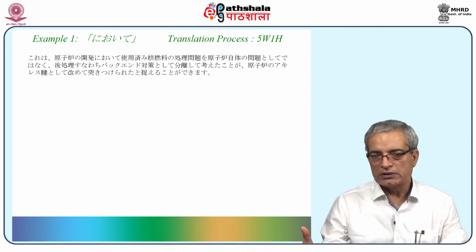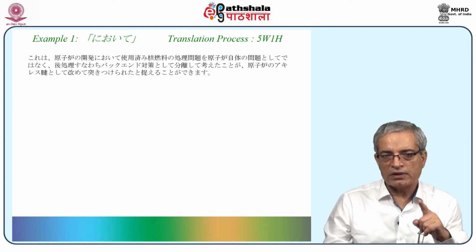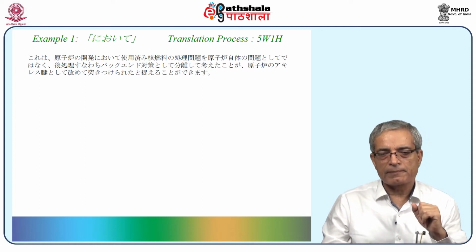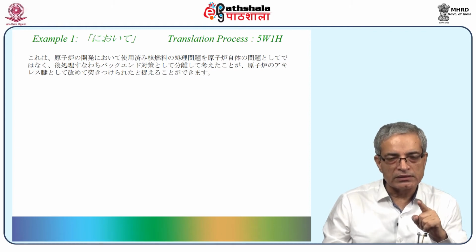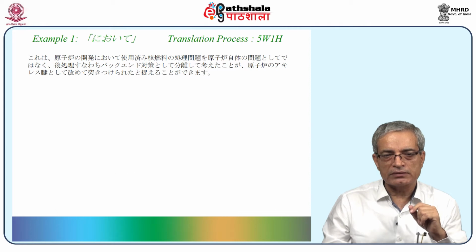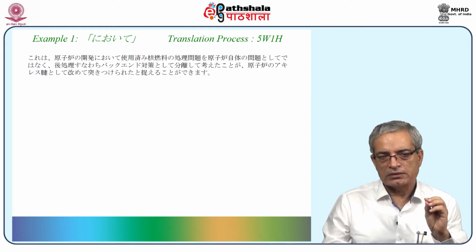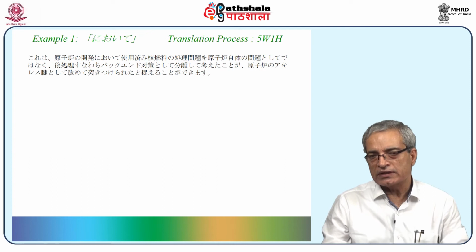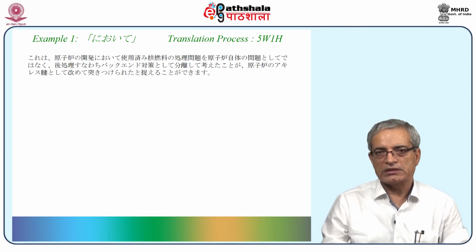And the only way to do so is maybe 5W1H. Frame may or may not help, we'll have to check. And in this case, koreva, yes, can you read the example? Koreva genshiro no kaihatsu ni oite. No, the last line, there is koreva genshiro no akiresu ken toshite aratamete tsukitsukerareta toraeru koto ga dekimasu. Tsukitsukerareta to tsukaeru koto ga dekimasu. So it can be taken as ken toshite. So it's getting connected. See, koreva is getting connected in this form. So this gives an indication that it can be left out if we see the final translation.